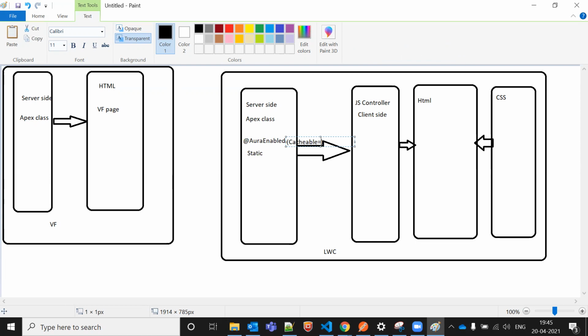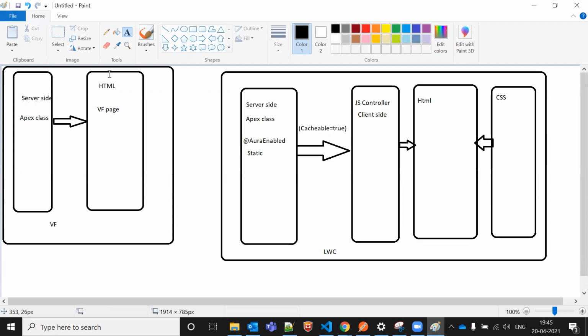And with AuraEnabled, we should have cacheable equal to true. So I can write it like this, after AuraEnabled there is a parameter: cacheable equal to true.